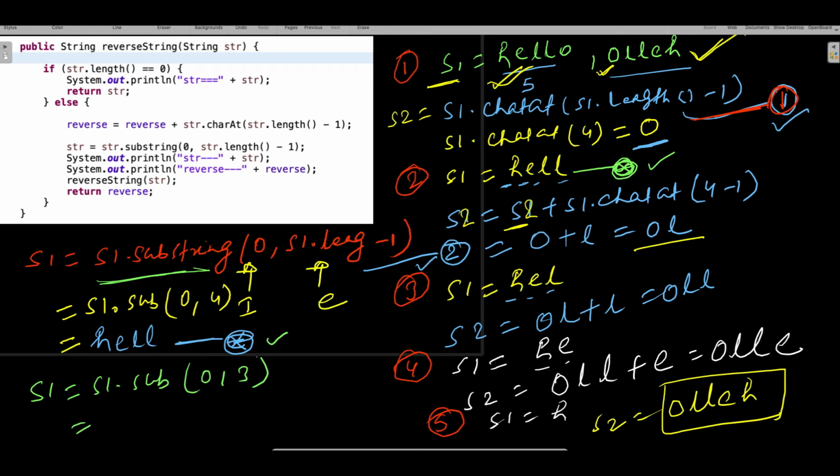You will get 0 1 2, because the 3 is exclusive, we don't consider 3, and 0 is inclusive, so we count 0 to 2. So when somebody asks you to do substring 0 to 3, you have to count 0 to 2. So what is the output you will get here? HEL.